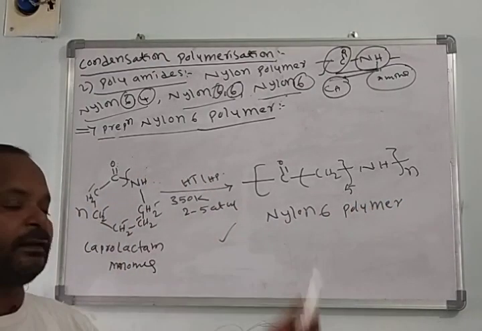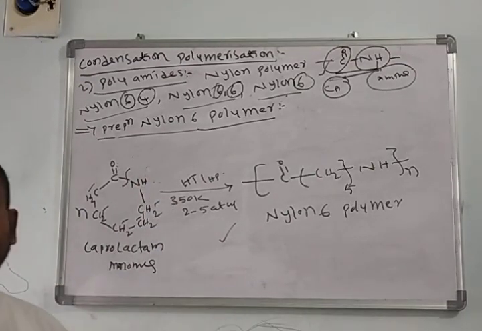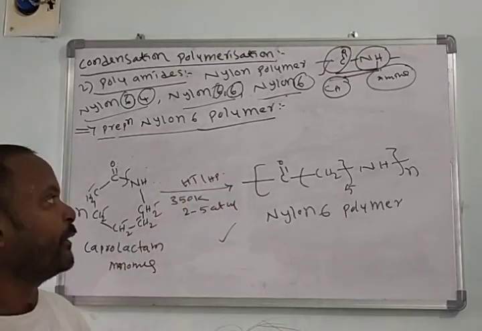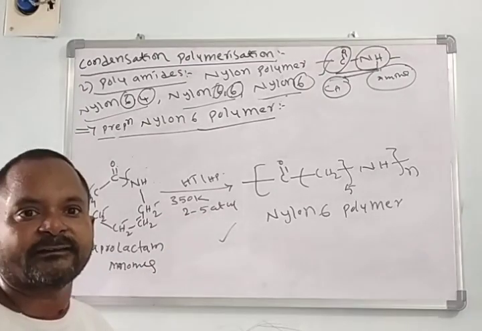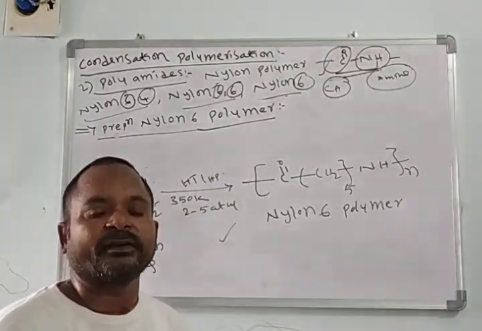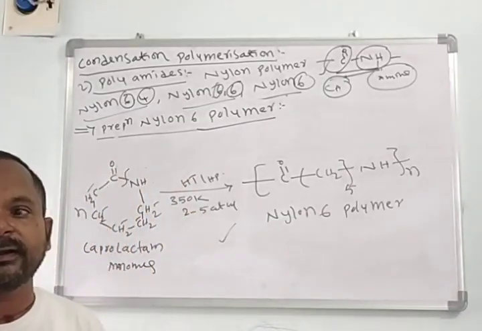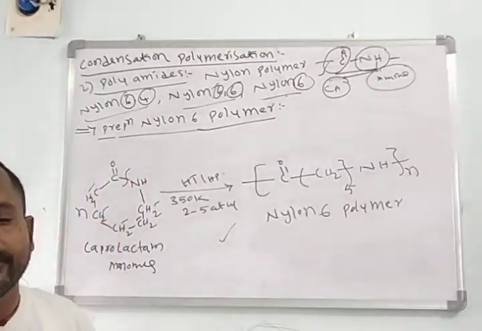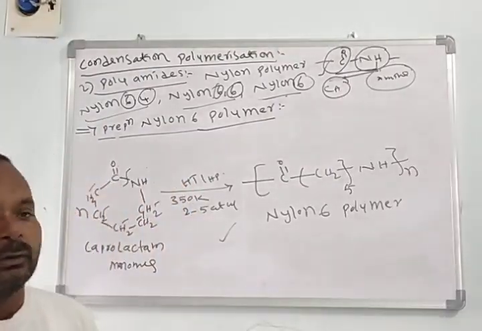The nylon 6 polymer is also used for the preparation of fabric, in the fabric industry or textile industry. Okay, this is about the nylon 6 polymer, nylon 6,4 polymer, nylon 6,6 polymer, and terylene, cotton. In continuation we'll see the phenol formaldehyde resin: how we'll prepare the phenol formaldehyde resin, urea formaldehyde resin, melamine and other polymers. Okay, thank you.